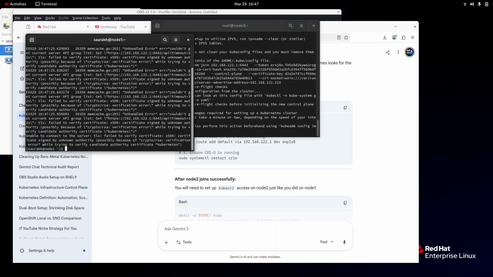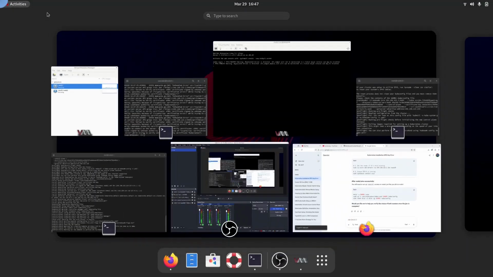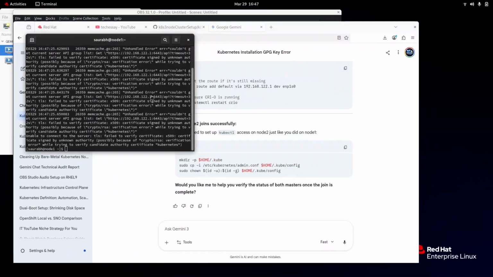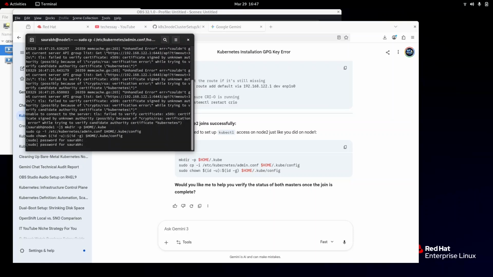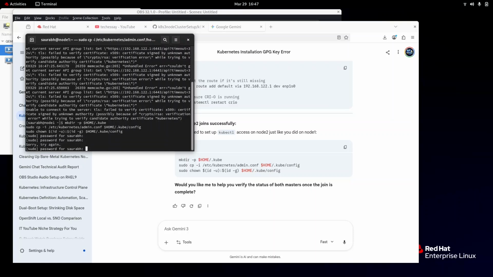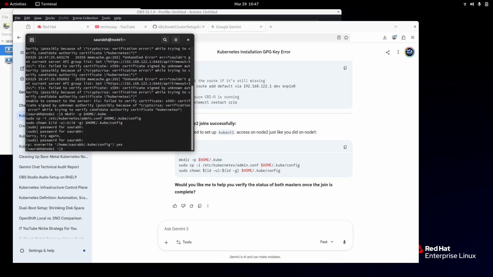Okay, so it means we need to run this command here. Why am I first getting the error, and then after that you will also guess why I am facing this problem. Okay, click yes. Now we can use the kubectl